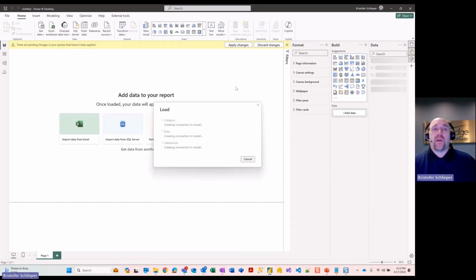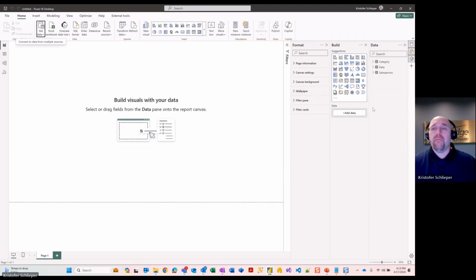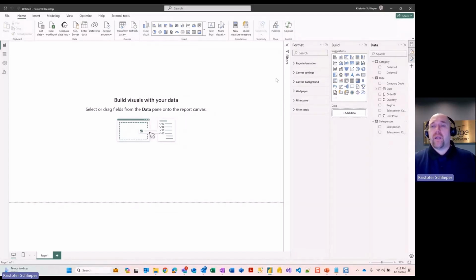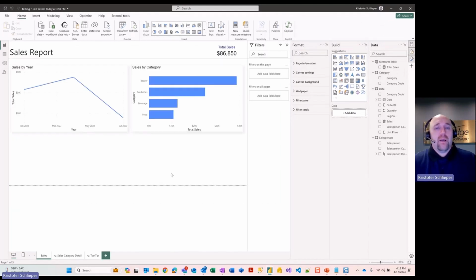And now it's going to go through its process of loading the data. And now you can see here on my data pane on the right, I have my 3 tables that I selected, and you can see my different columns that are available to me for me to use in my visuals. I've already created a number of visuals, so at this point I'm going to switch over to my preset file, but I wanted to use this one to show you, hey, this is how we can bring in data. So here's the one I already have preset up, and right now we are in the report